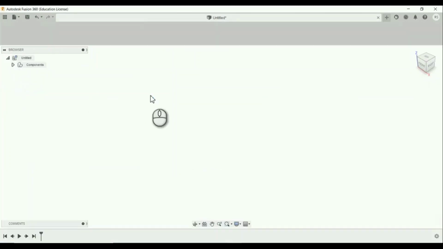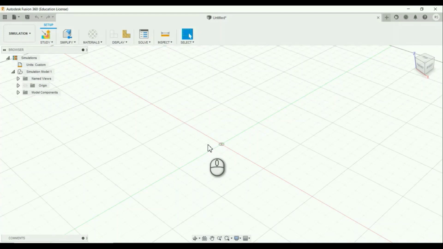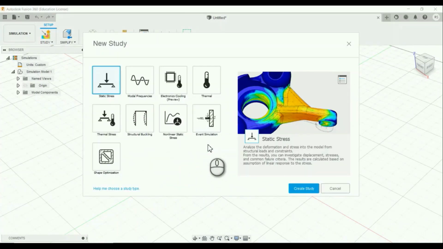And the next workspace is simulation workspace. And in this workspace, you can set up studies to test your design by finite element analysis and simulate how design performs under various loads and conditions. And there are 9 studies available. If you are going to test the load conditions on your device, then select static stress.